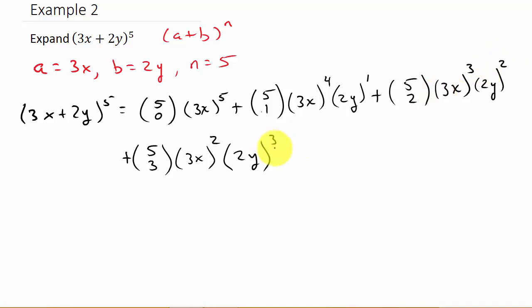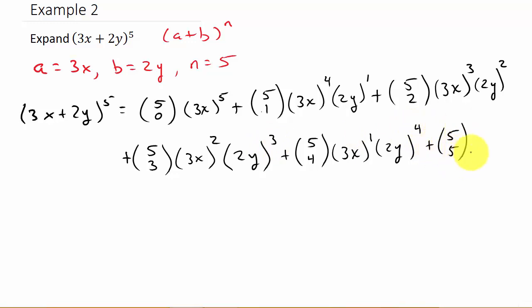See, that's 2nd, so now 3rd, plus combination 5 choose 4, and that's going to be a to the 1st. See, this was 2, so this is 1, and then times b. This is b cubed, so this is b to the 4th, plus combination 5 choose 5, and then that's going